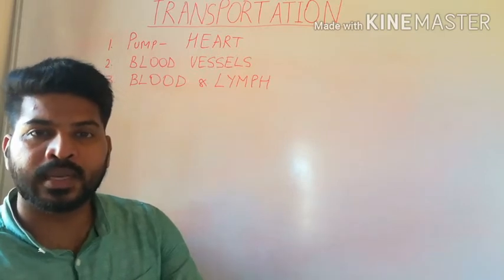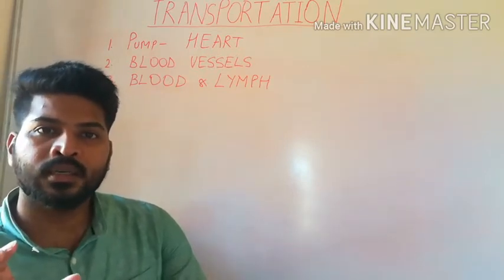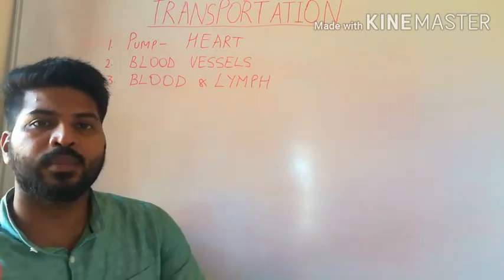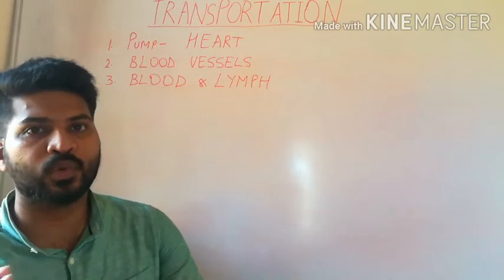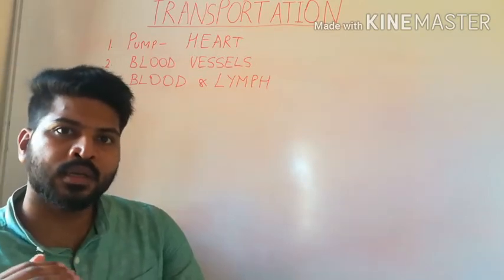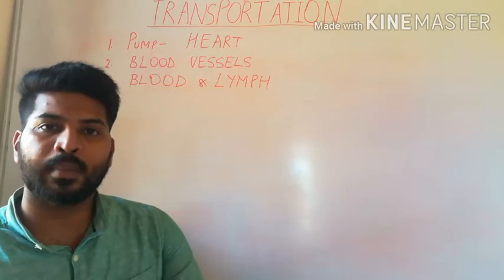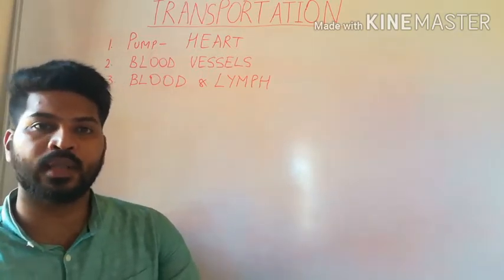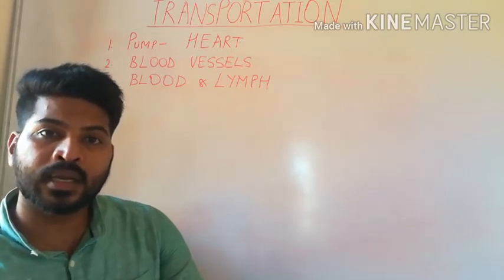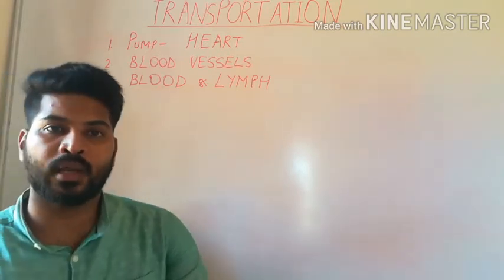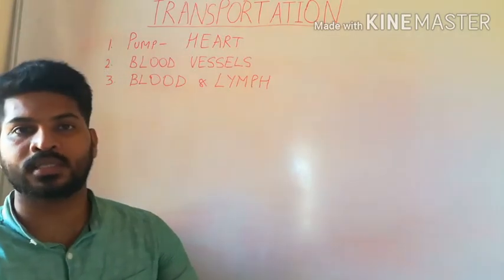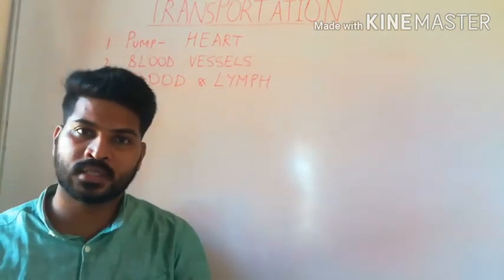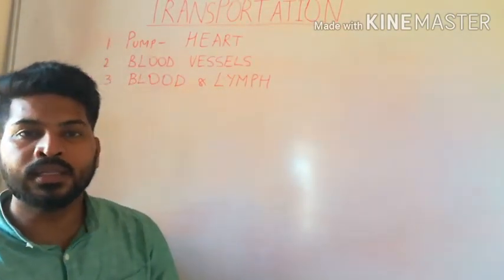Also, in the case of respiration, the oxygen present in the lungs needs to be transported to different cells for the process of respiration, where food is broken down. In the process, waste products such as carbon dioxide and other nitrogenous wastes will accumulate in the body. This needs to be collected and thrown out of the body. For all these processes, we require a specialized system known as the transportation system or circulatory system.